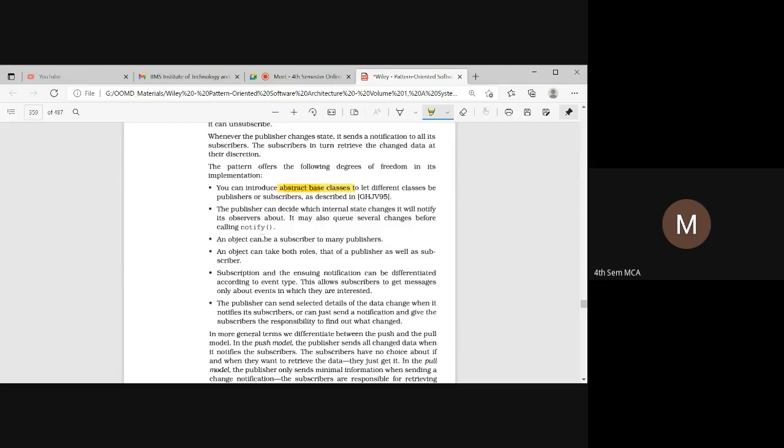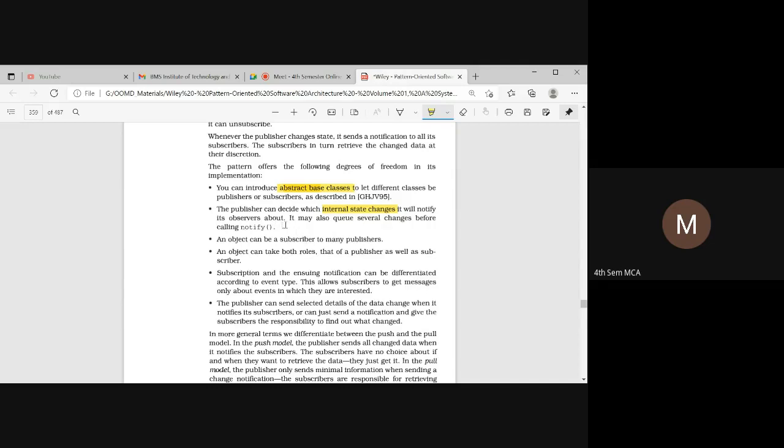So next thing is, once the abstract class is defined, the next step is we need to identify what are the internal changes that are going to happen. That is, the change propagation mechanism is going to occur within the component. So how do we decide that? That can be decided by the internal state change. This internal state change will notify the observers about it.